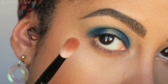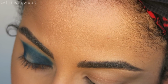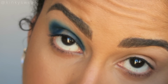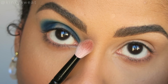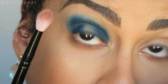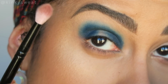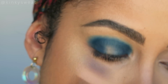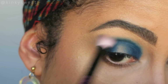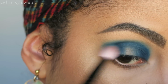I'm taking my Wayne Goss number 4 and it is clean. I know the bristles look like there's something on there, but I'm just gonna give it one more wipe just in case. You just never can be too careful. This is slightly fluffier and I feel it's gonna give us a little bit of blend, but I don't want to use my 16 or number 3 because I think that's gonna give us too much diffusing, you know what I mean? Tapping lightly in with that shade. And now I'm just going to use the brush to help shape this out and give us a little more